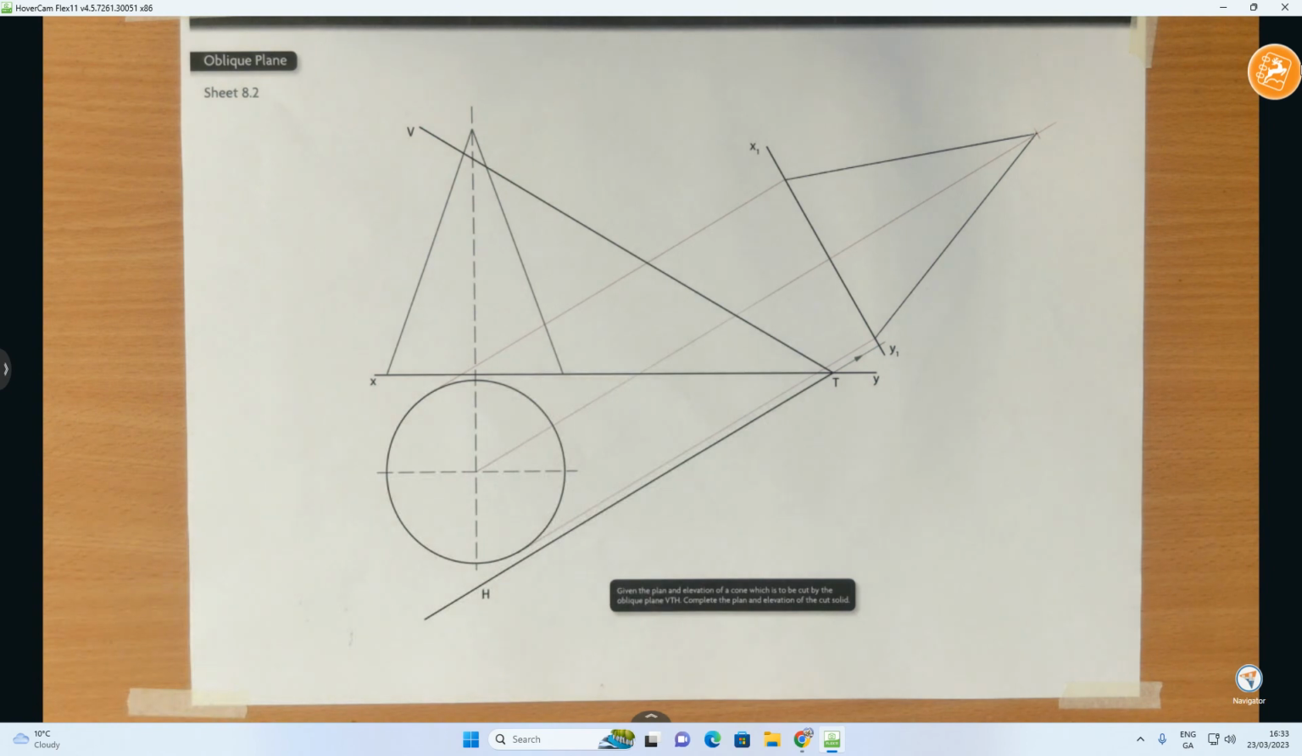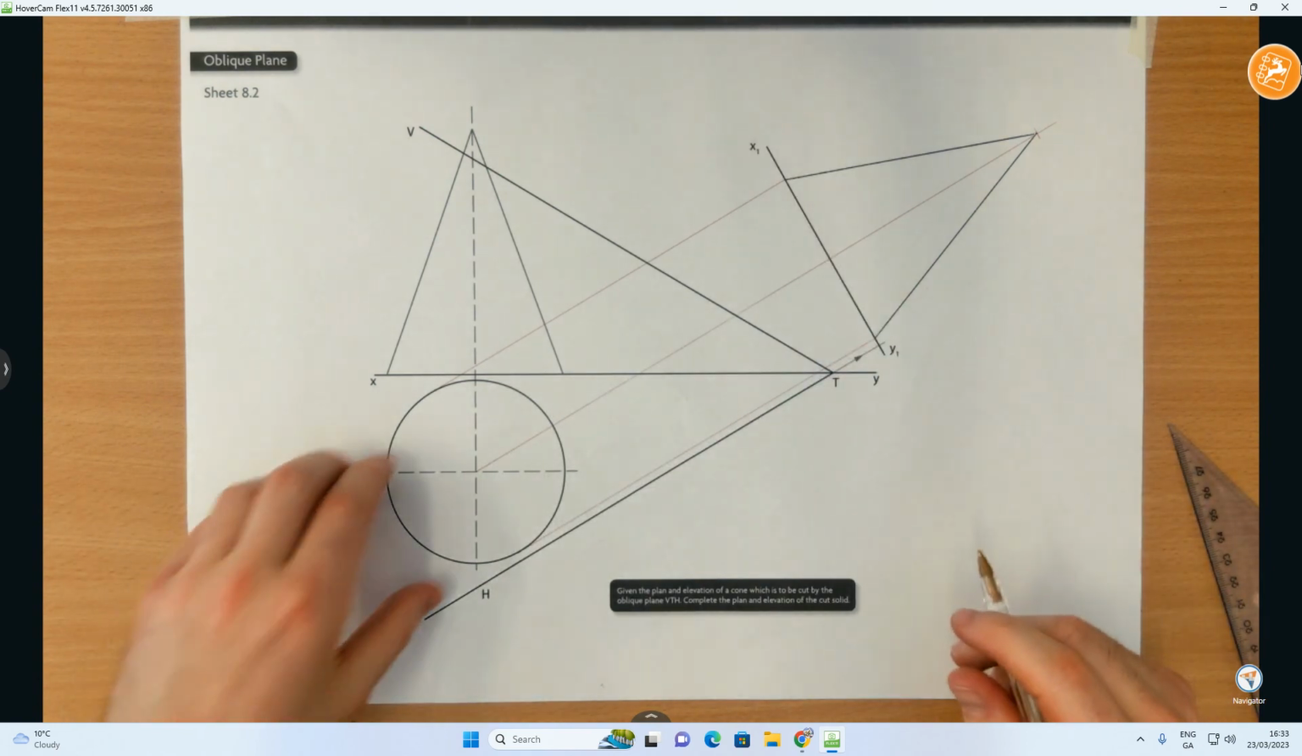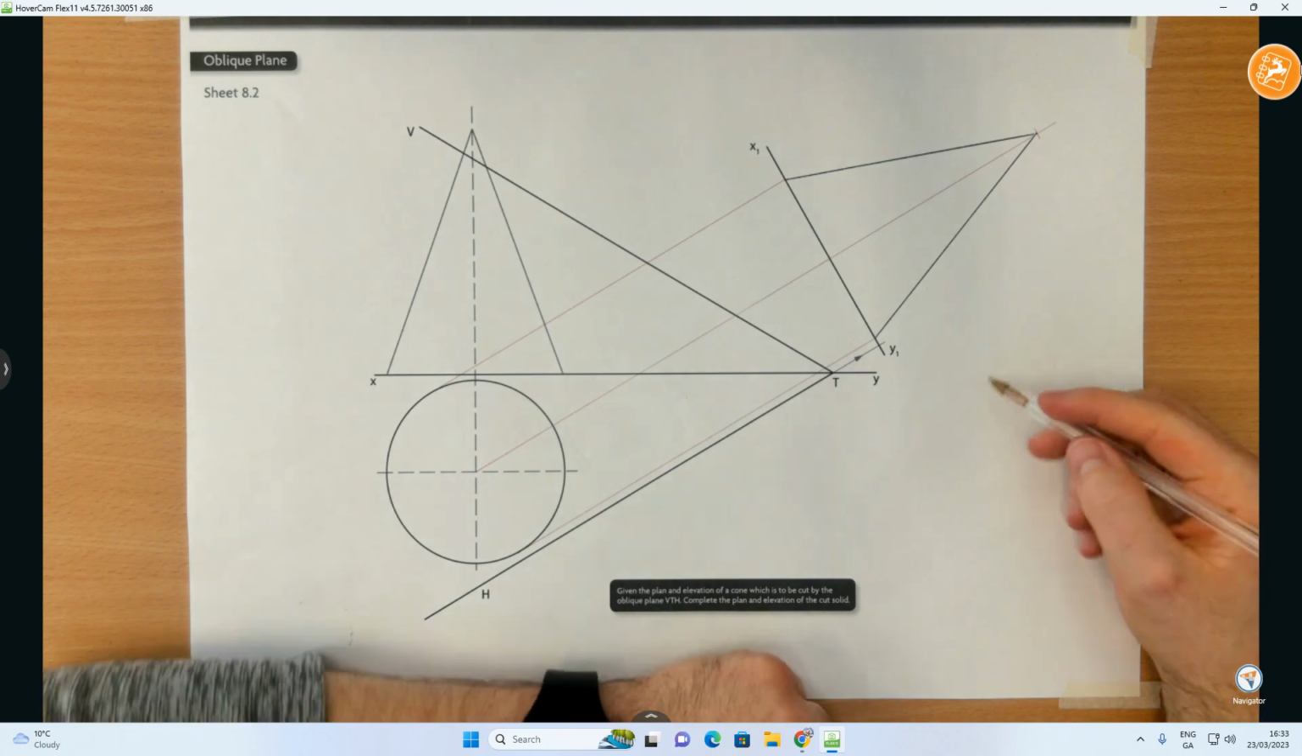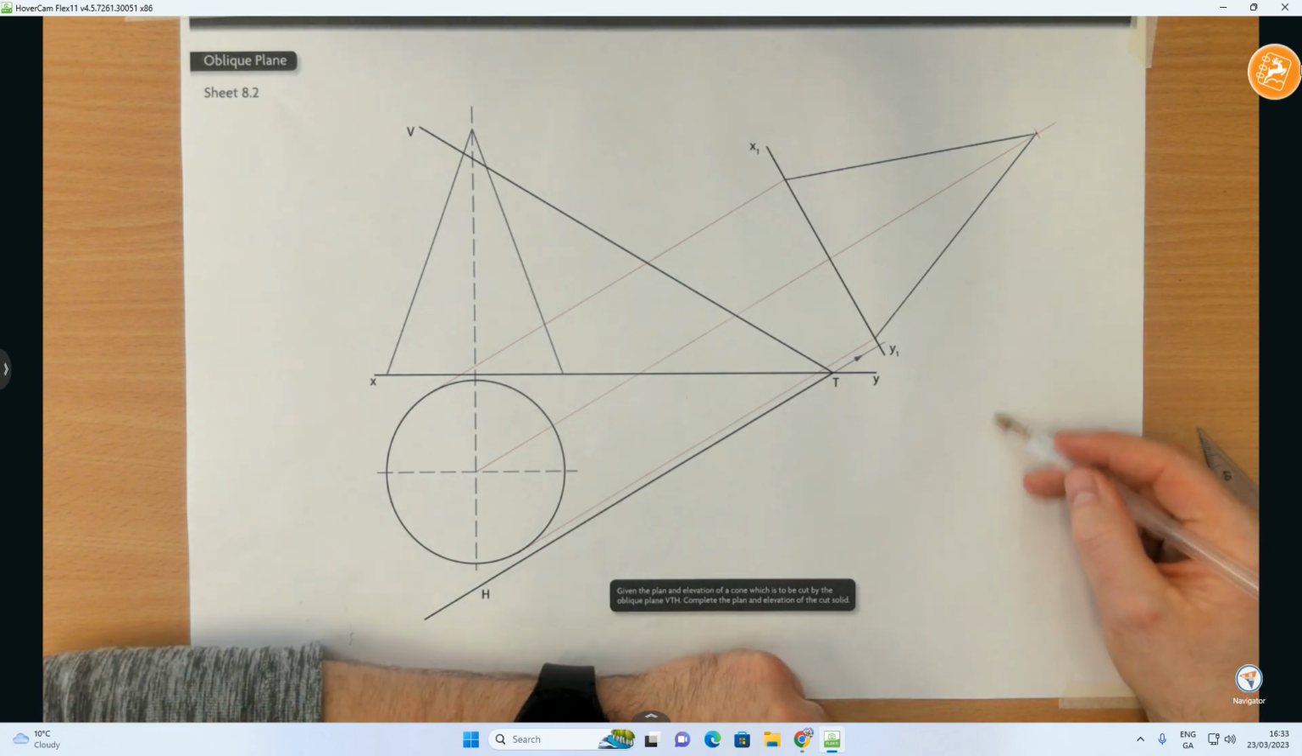Okay, so there is our auxiliary view on our x1, y1. And we've got the cone when we took the height from here. Now the next thing I will do, anytime you have a cone, I'm just going to do a little sketch here. If I just take a cone here for a second,